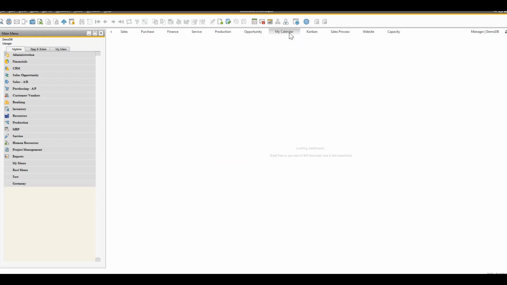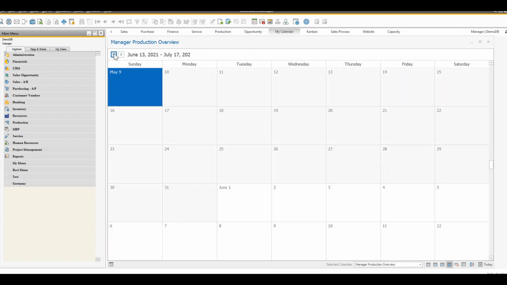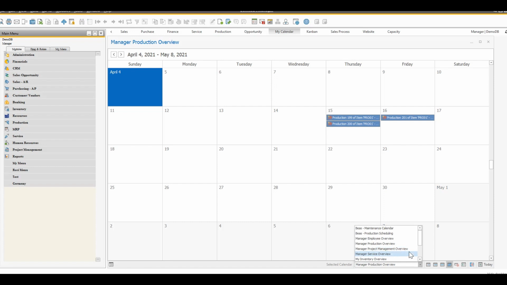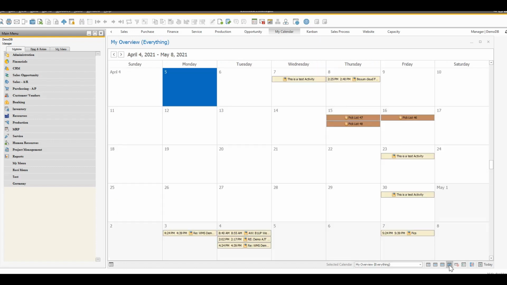We also have a calendar that comes out of the box where you can go in here and say, okay, show me all my documents, for example. Okay, this is my production overview, but I can say, choose a different view, and I say, show me everything. And what it does, this is a weekly view, you can have a monthly view, and you see those are all my documents. So you can come in here and say, okay, this is what's due today, it's a different month, apologize, but I have more